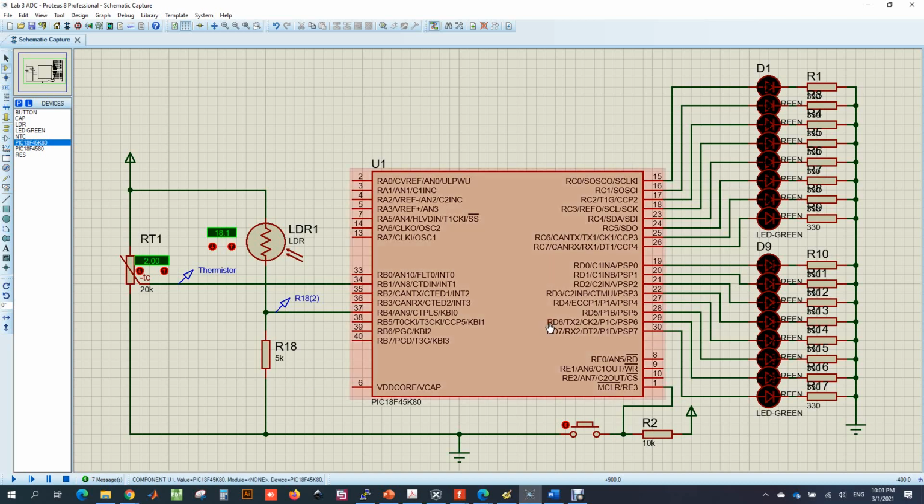In this simulation, the analog input from the thermistor is taken at AN8, and the ADC module is converting that into digital format and displaying the result on latch D, port D. If you change the voltage level here, you can find the output on port D is changing. So it has increased now. Okay, so we have 5 volt here. You can see this is 5 volt and all the LEDs are switched on. And if you decrease, this is 4 volt,